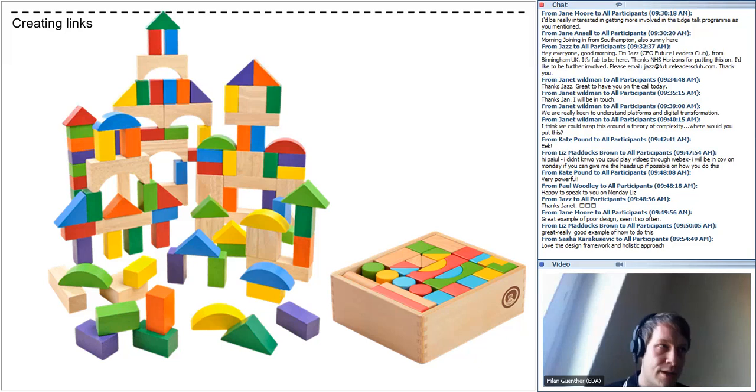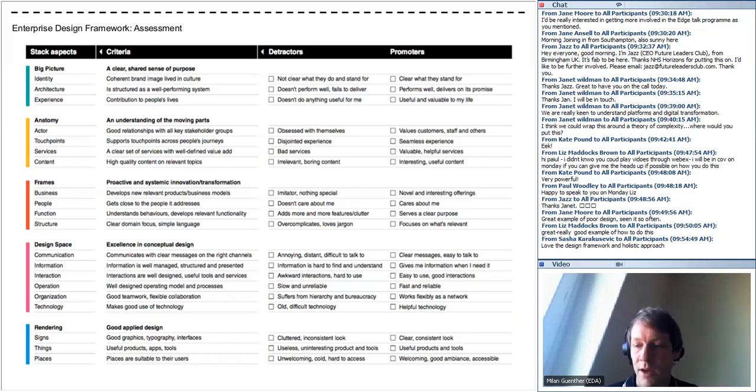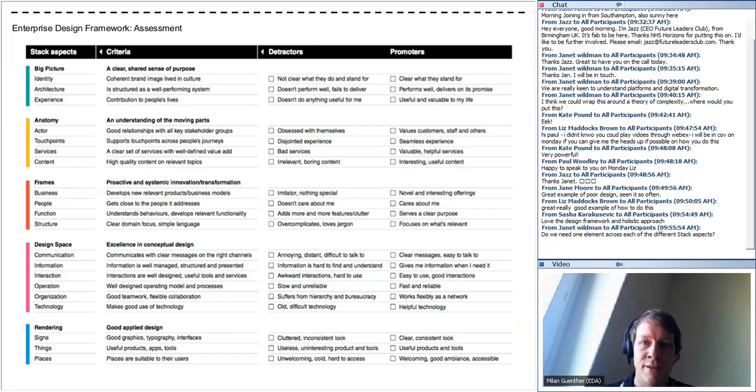Initially, it's often very hard to get to the right challenge and the right scope, which is why we introduced this methodology that is actually based on Jerry McGovern's top task methodology. So we use our stack and we turn it into a questionnaire, and you have the same aspects and the same layers, and they are basically boiled down to very oversimplified statements like services, where you have the whole discipline of service design, service logistics, service delivery behind, and we just reduce it to bad services or valuable, helpful services. And this is